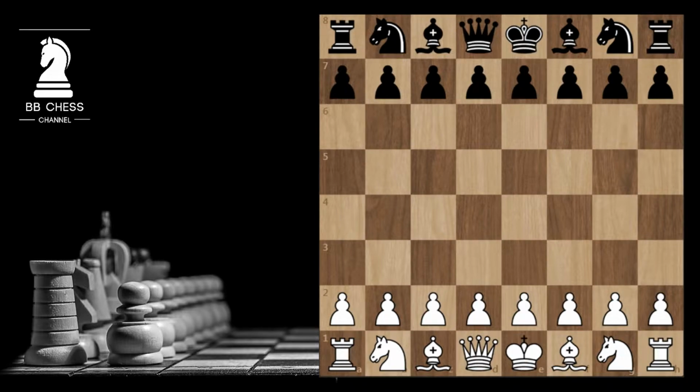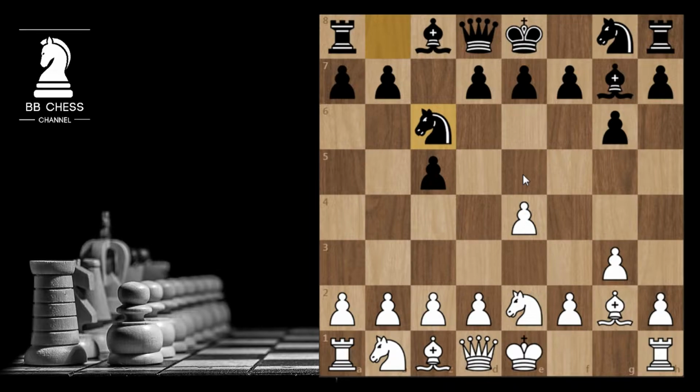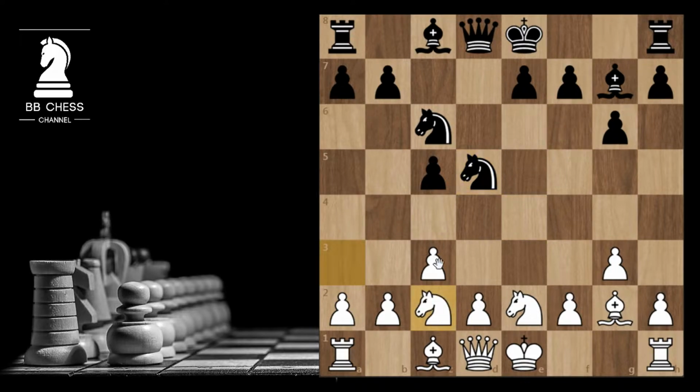Let's have a look. Potemkin starts with e4, c5, Sicilian defense, g3, preparing the fianchetto of the light square bishop, g6, preparing the fianchetto as well, bishop g2, bishop g7, knight to e2, knight c6, c3, knight to f6, and knight to a3. d5, attacking the pawn, so e takes on d5, knight takes on d5, knight to c2, losing the tempo,